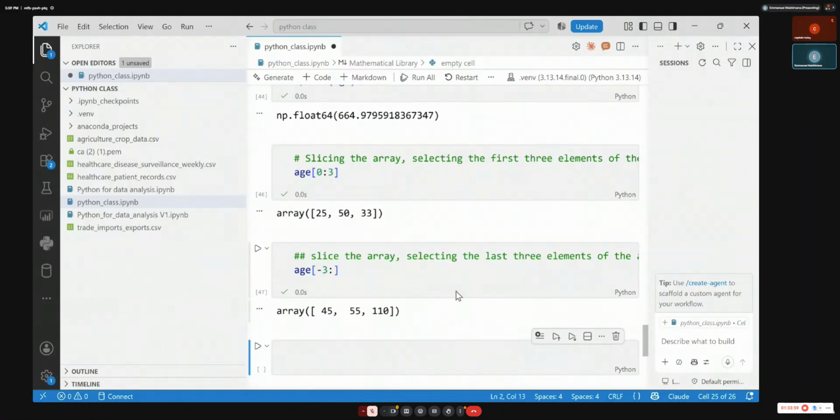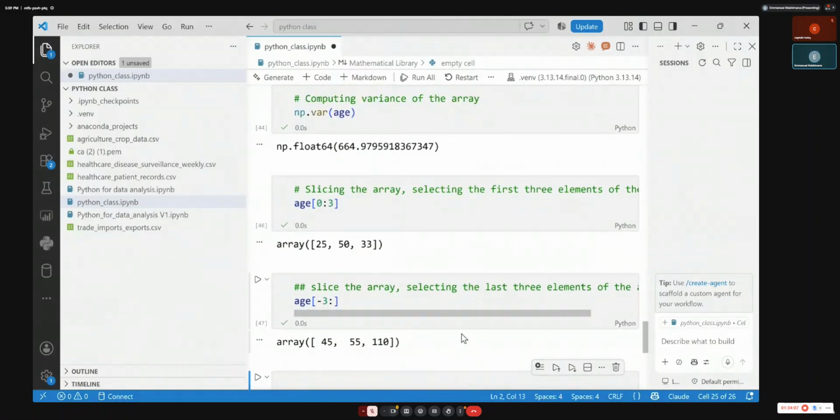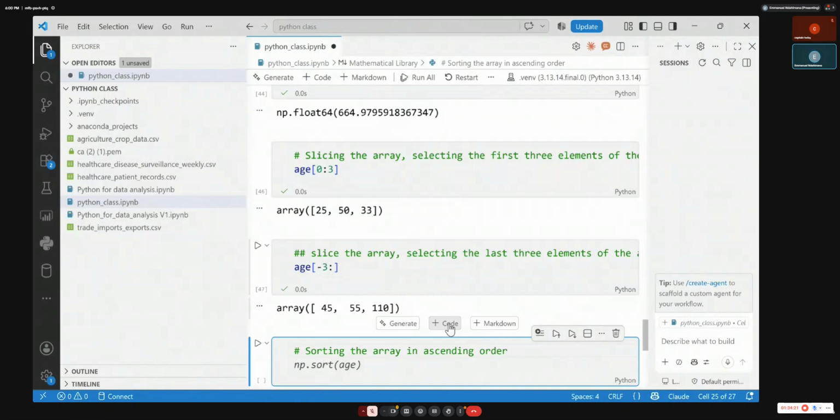You might want to sort it from highest to smallest. That's something simple you can do. Let's see how you can sort it. Let's sort our array. Sorting the array ascendingly. You see that? It is coding.